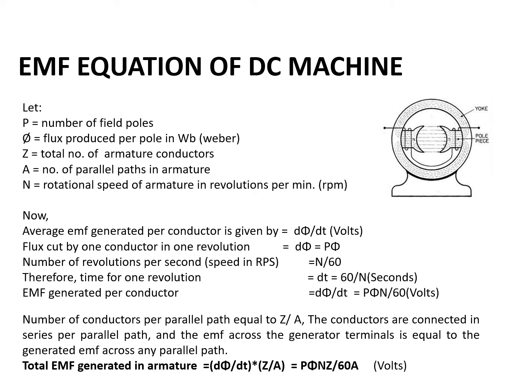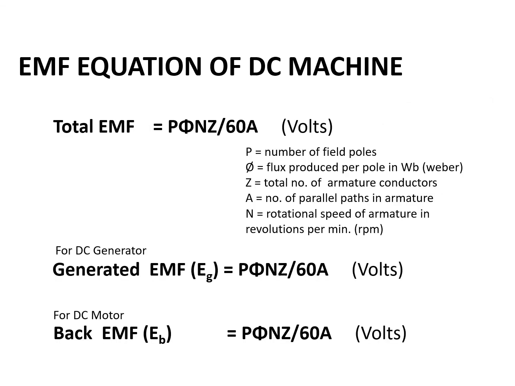So the total EMF generated in the armature equals d phi upon dt, which is the EMF generated by one conductor, multiplied by the number of conductors in a parallel path, Z upon A. So you multiply P phi N into Z upon 60A. This is the total EMF. So this way, the EMF equation is P phi Z N upon 60A volts, where P is the number of field poles,